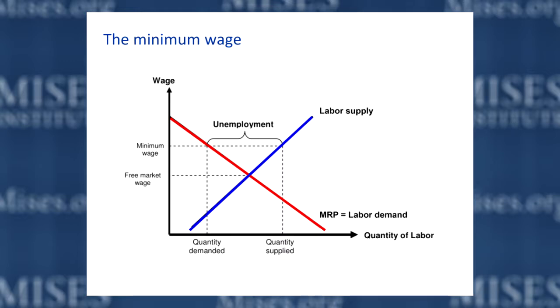There are more people wishing to work, or more hours of work available, than the amount that employers are willing to pay for. So some people are thrown out of work. At the higher minimum wage, those workers who can still keep their jobs will actually earn a higher wage than they would have without the minimum wage. But many employees who would like to have worked at a lower wage will be priced out of the market. And so there's an increase in unemployment that goes along with the increase in the minimum wage. And in most cases, that loss will outweigh the gains.